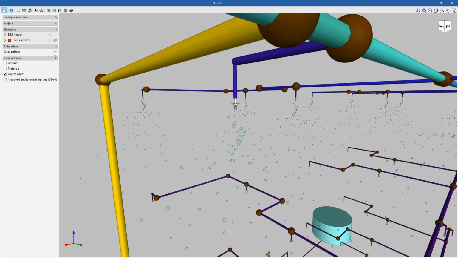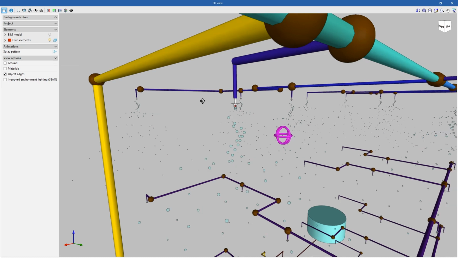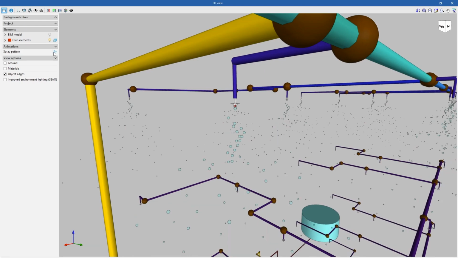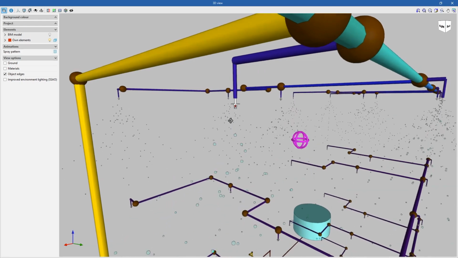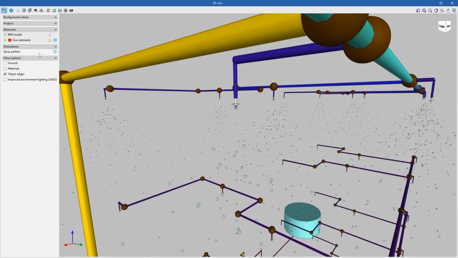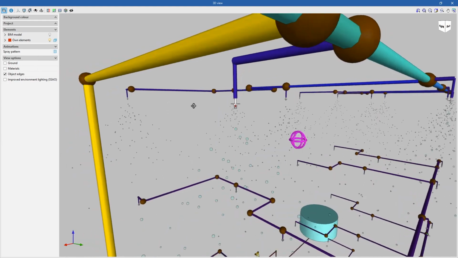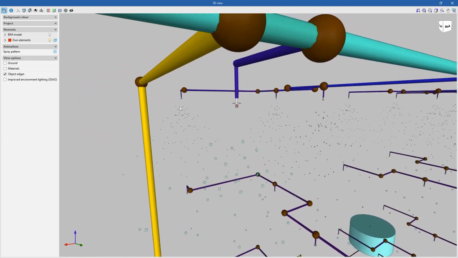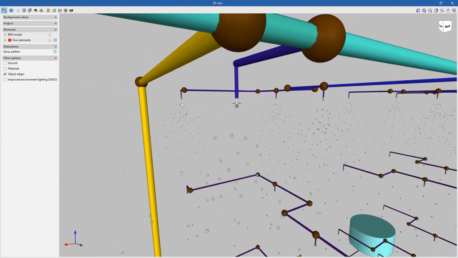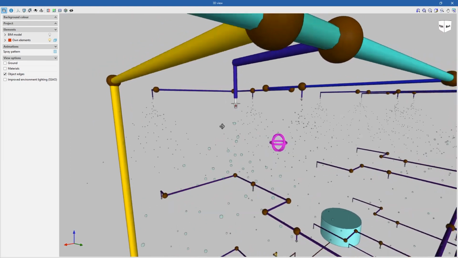Another cool thing that this program has is that we can activate the spray pattern and check how the sprinklers work. All right, so